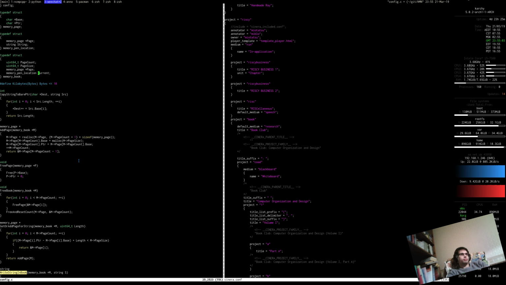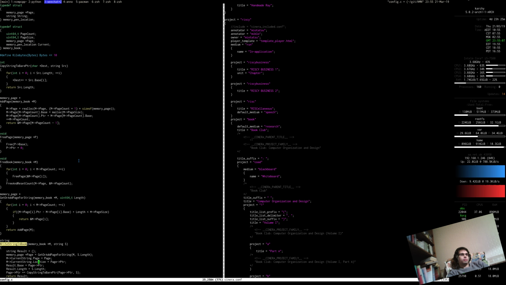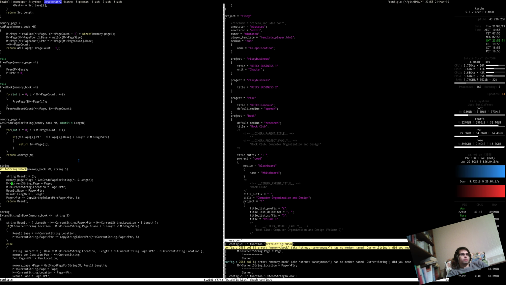So it's the current page, the current string. I think it's base, isn't it, for strings? And the length